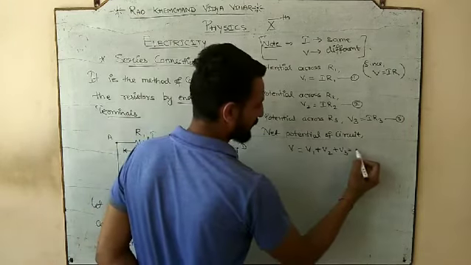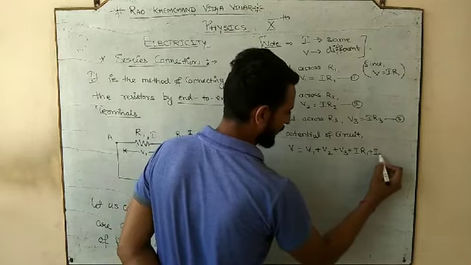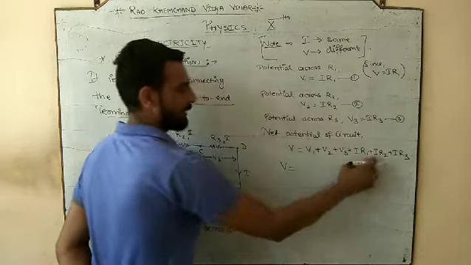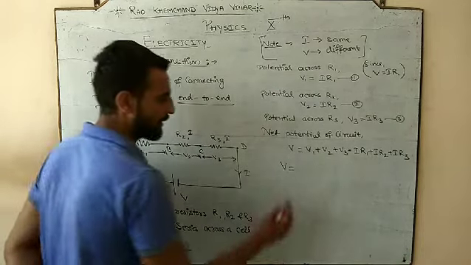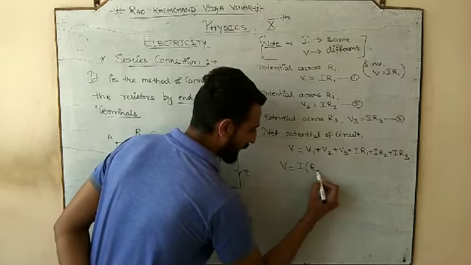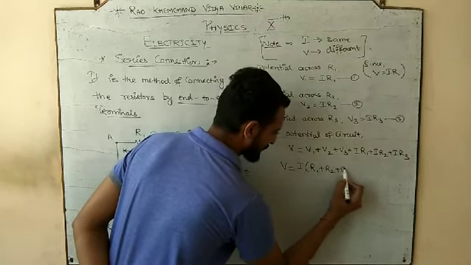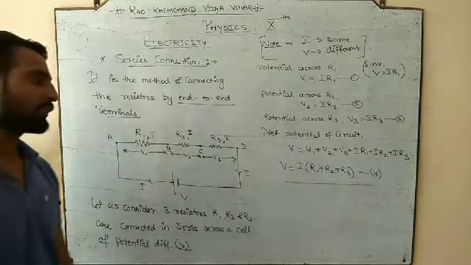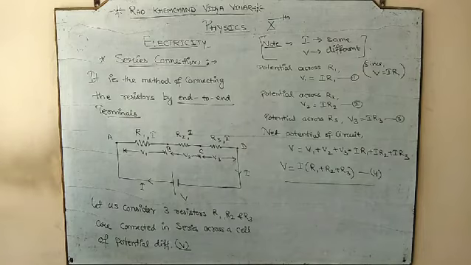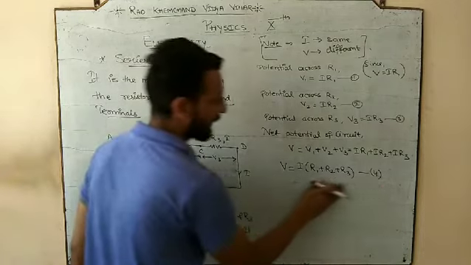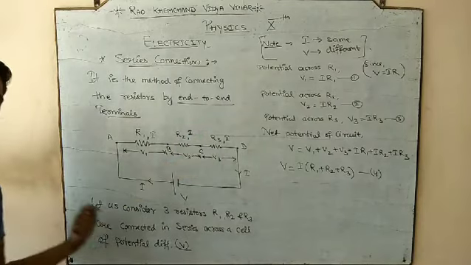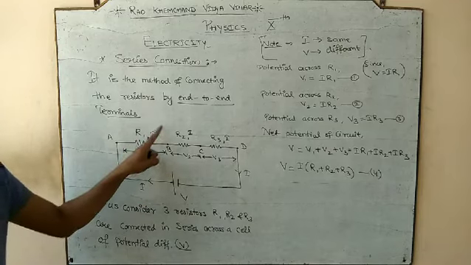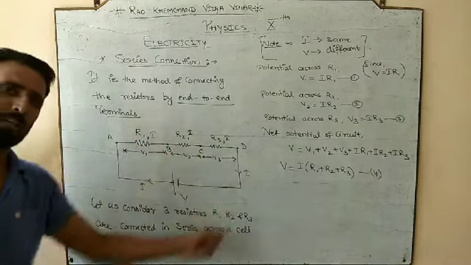So put the value of V1. It would be IR1 plus IR2 plus IR3. What is common in here? So it would be I(R1 plus R2 plus R3). Clear with equation number 4? What we calculated is the net potential. So what is the net potential that we have? It is I, the same amount of current which is common to everyone. This is your total current in the circuit. The total current is the same for R1, same for R2 and same for R3. So सब में current same है.